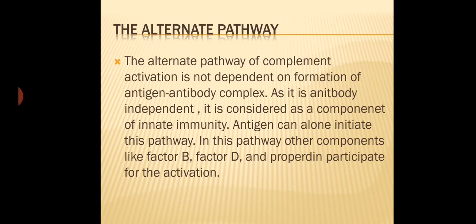Later on, this is going to activate the third component, C3. C3A, C3B, two fragments are produced. C3B will join the cascade. So the components will be EA, C1, 4B, 2A, 3B. 3A diffuses away. And now it is going to activate the C5 component. So C5 converts into C5A, C5B again. So C5B will join the cascade. EA, C1, 4B, 2A, 3B, 5B will be the activated complement component.